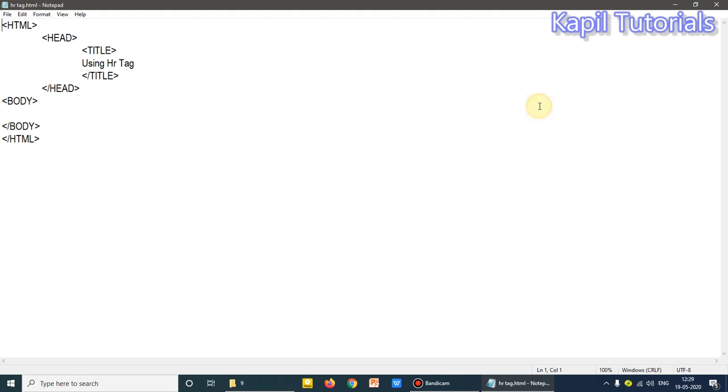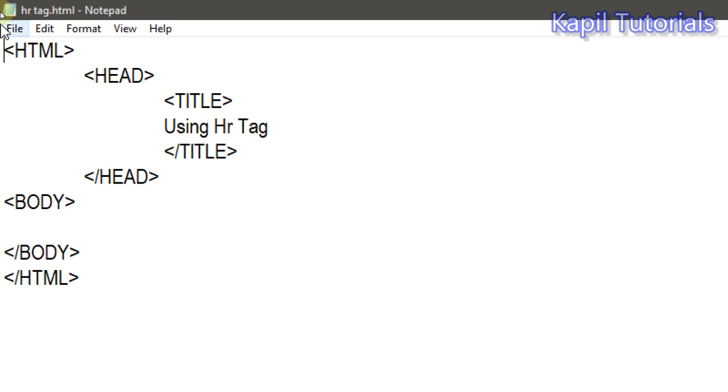Just to save time, I've already typed some commands here. You already know how to use HTML, and I think you are in the practice of using this. For saving time and to make my video short, I have already typed this. So first of all, starting the program about HR. Firstly, you do the practical, then I'll also explain how to use this.